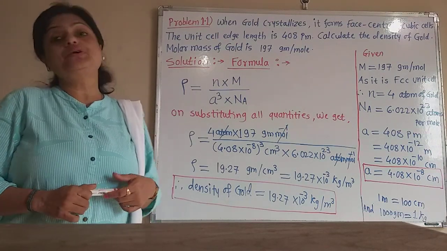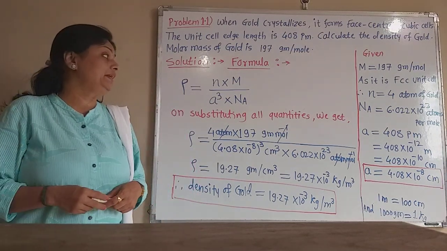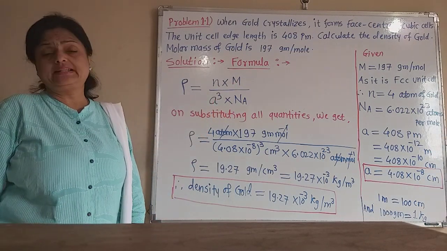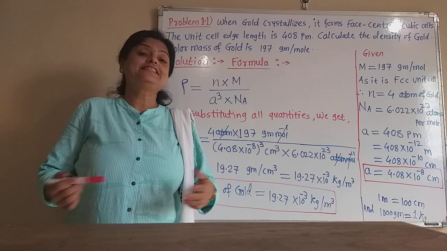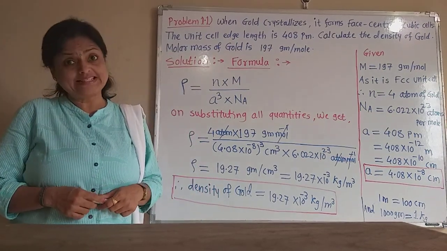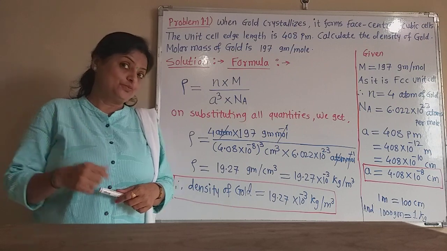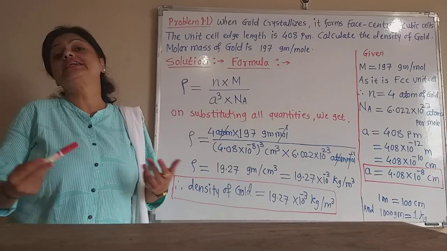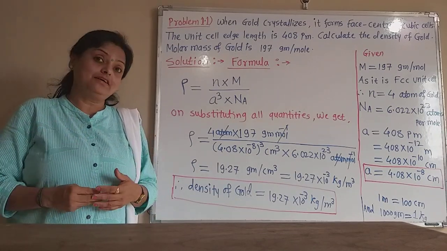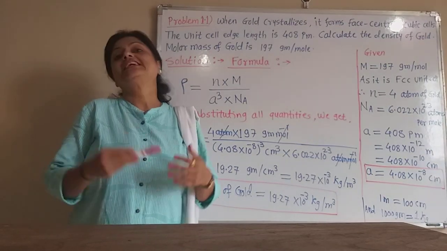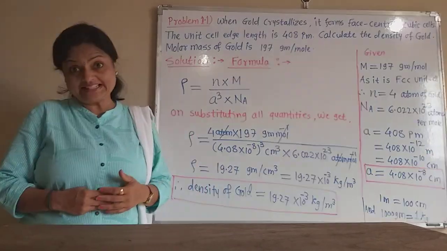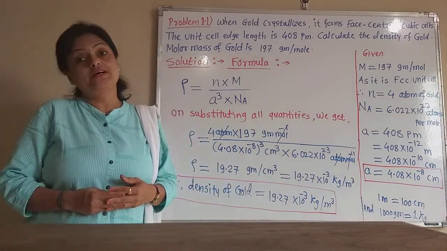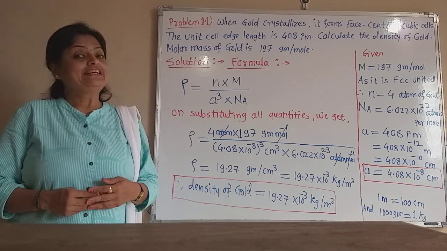So in this way, students, we can calculate the fifth parameter. If they ask for the Avogadro number or the molar mass or n or a, we can calculate that from this formula. So this is about the density of the unit cell, volume of the unit cell, mass of the unit cell, how many particles are present in it, and how the molar mass of the unit cell can be calculated. If you understand very well these deductions of all these quantities, and also the numericals based on this formula of the density of the unit cell,